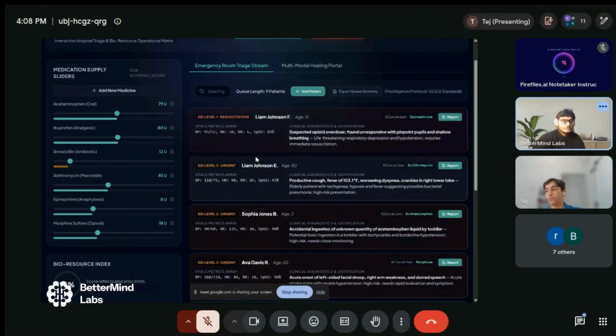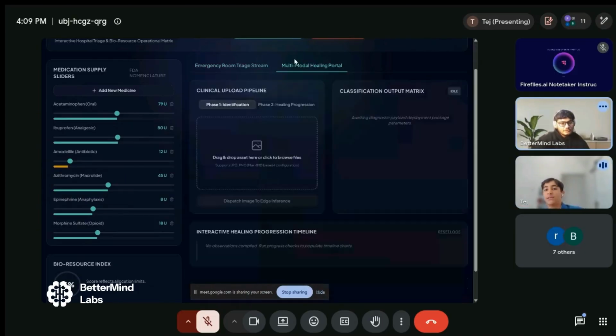Okay. So this was the emergency room triage stream. And we also have, what's the multimodal healing portal? What is that exactly? That's our diagnostic analyst. You could put an image here, and it tells you what is happening in the healing process. You can add images every couple of days, and we can give a timeline of how your